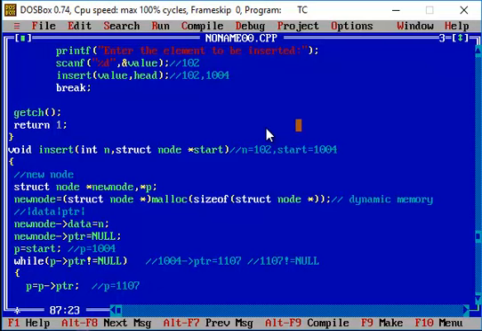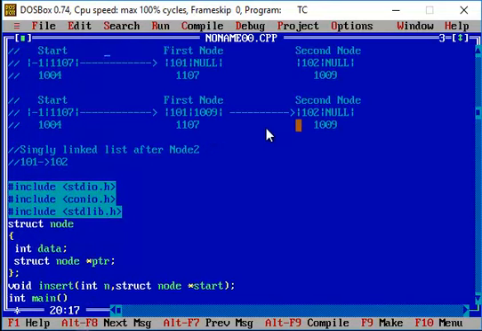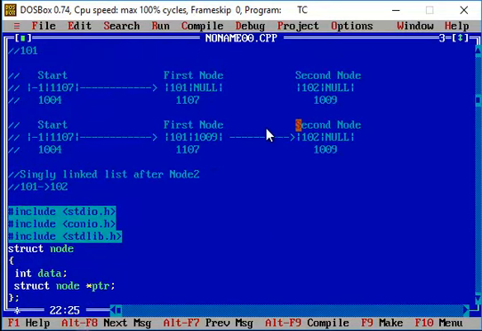So the loop continues. In this scenario, the second time, you are going to have the value 1107. So remember p of ptr indicates 1107 pointed to the pointer variable. Here I'm going to the memory location 1107, so I'm visiting the first node. In that first node, I'm seeing the field value of address, and the field value of address is null.